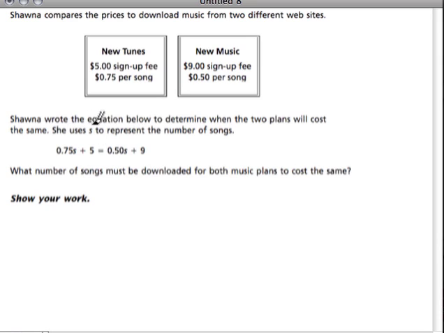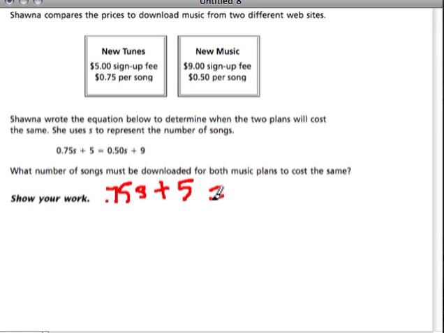Shauna wrote the equation below to determine when the two plans will cost the same. She uses S to represent the number of songs. What number of songs must be downloaded for both music plans to cost the same? Okay, so 0.75S, she wrote that over here. That's the cost of each song at New Tunes, and we're adding 5 because we have to also pay a $5